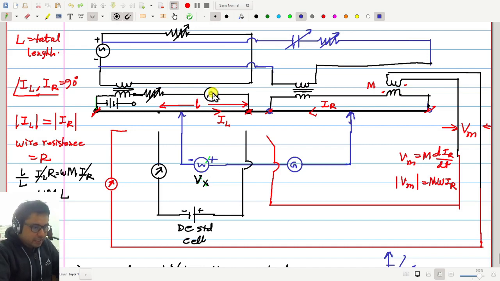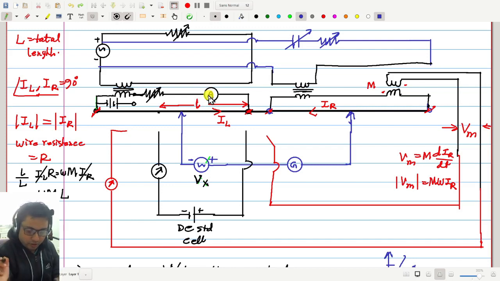Maybe this ammeter is giving 10 ampere where it is supposed to give 5 ampere. But that is not a problem. If it is giving a wrong reading, let it give. After standardization, we will just make sure that it is still giving the same wrong reading. Okay, so that's the thing.